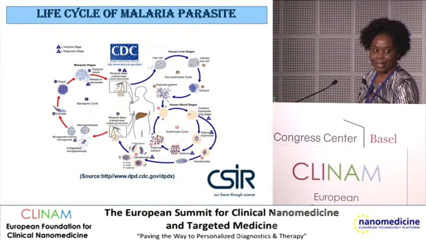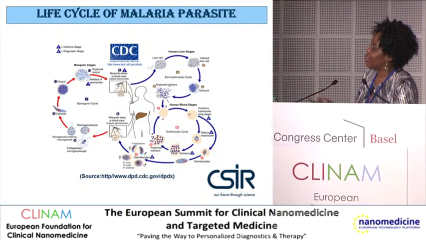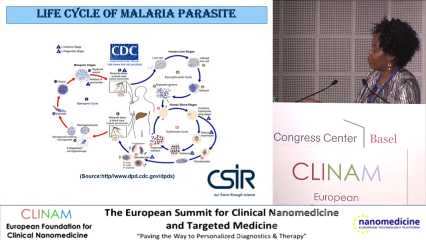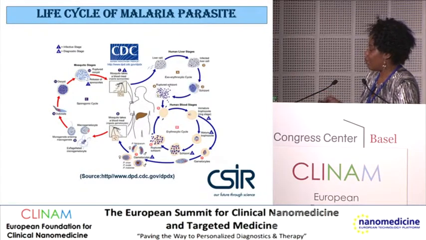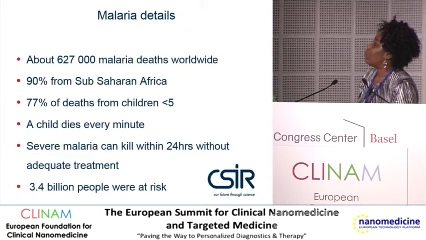We've talked about this in Professor Xavier's presentation. He gave this slide as well, showing us the 3 basic life cycles. You can see the part that takes place in the insect, the one that takes place in the liver, and in the red blood cells. And actually, all these need to be holistically targeted to ensure complete elimination. But at the moment, we are working on getting targets to the liver, to the blood, and the interesting talk he was talking about for the mosquito is also an aspect we are looking at. But the result I'm presenting today is going to be on the drug aspect of it.